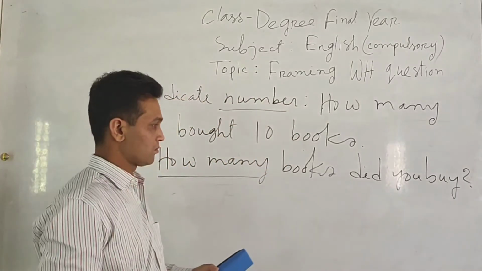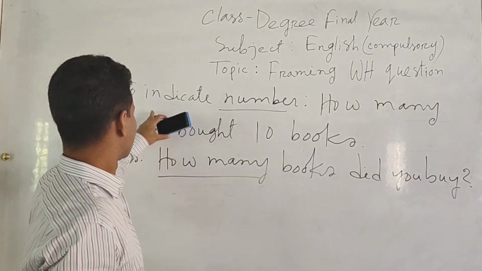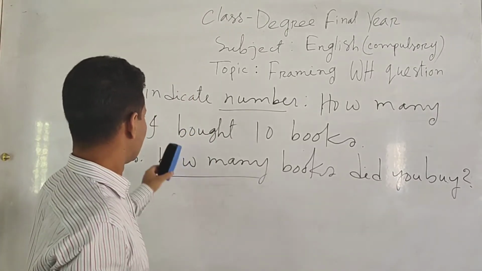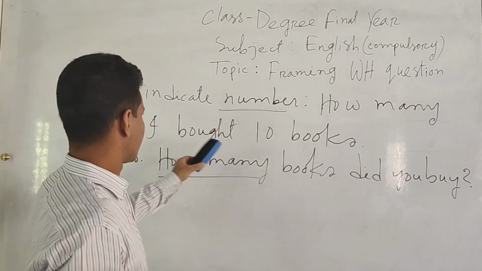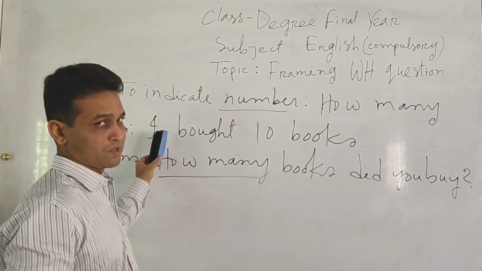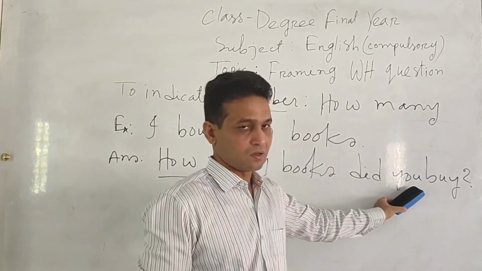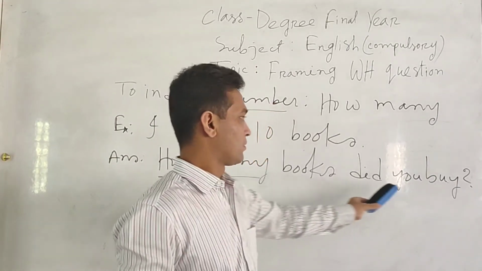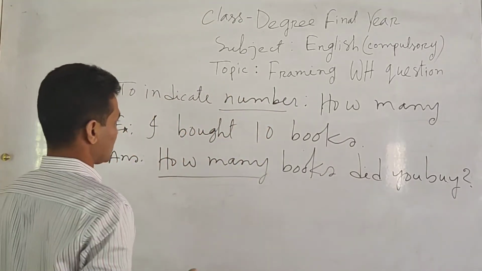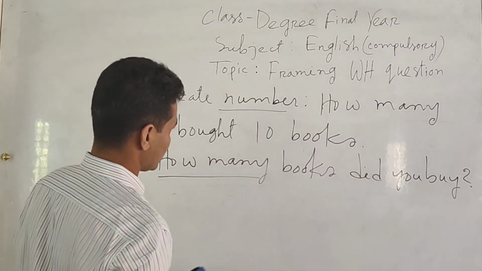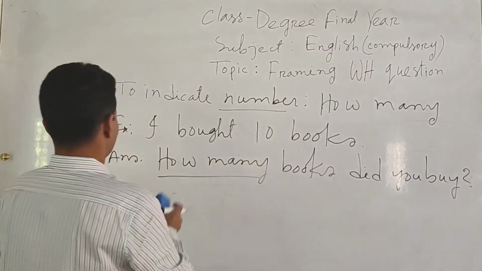Here another point should be mentioned: when a WH question is formed from a sentence containing a first person subject, we have to change the first person into second person. Okay, I has been changed or turned into second person. This is an important point. So to indicate number, we always use how many. Next one,